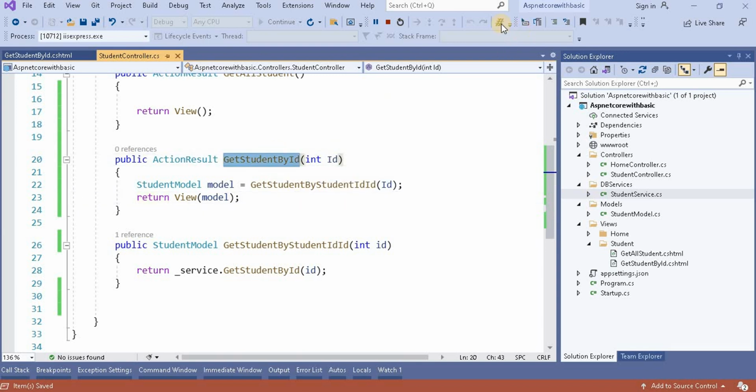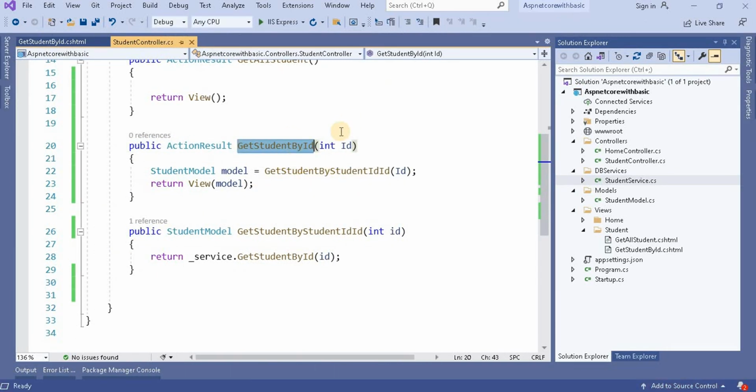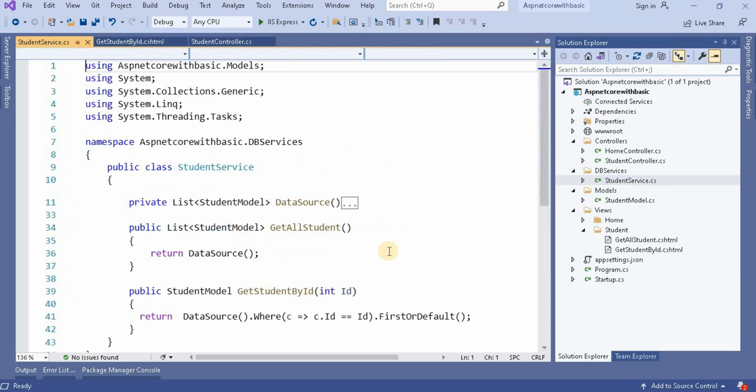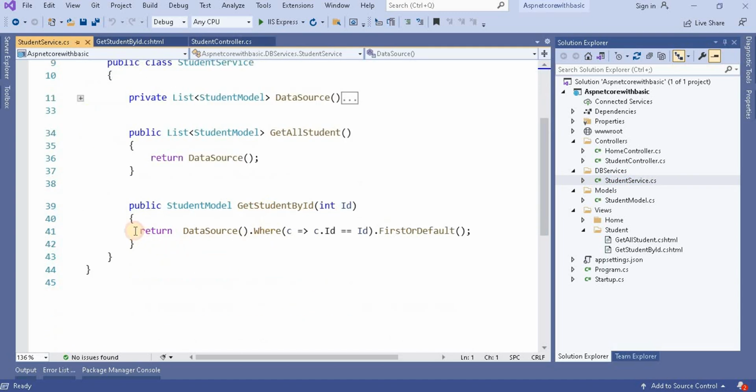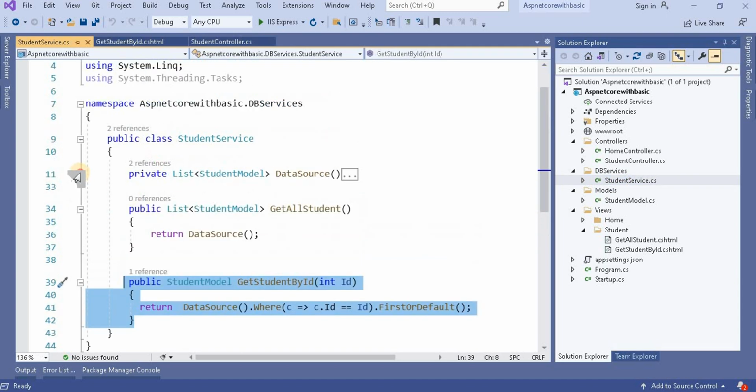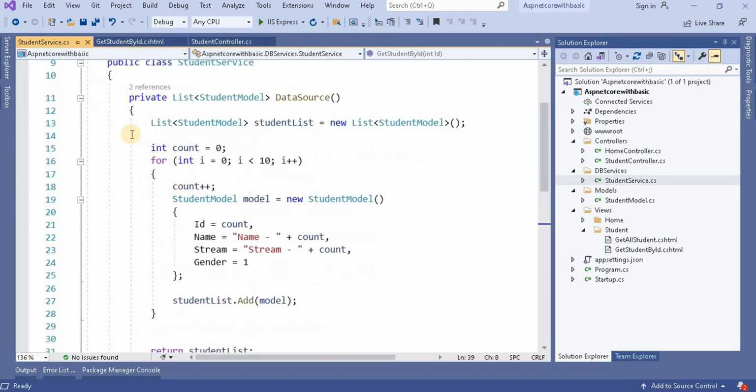When we call this action method, we pass the ID, and that ID will get the data from the data source which we created in the previous video. We created get student by ID, and this is the local data source we created.